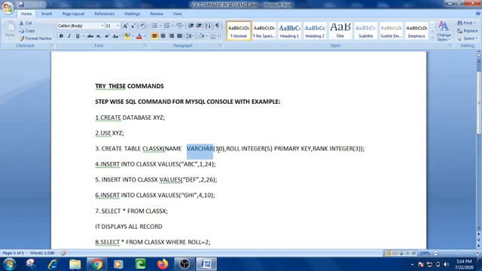What does it mean? It is not going to accept more than 10 characters. Second one is roll. Roll is the field for entering the roll number of the students, and the data type is integer. Integer means it is going to accept only numeric values. It will not accept alphanumeric values.